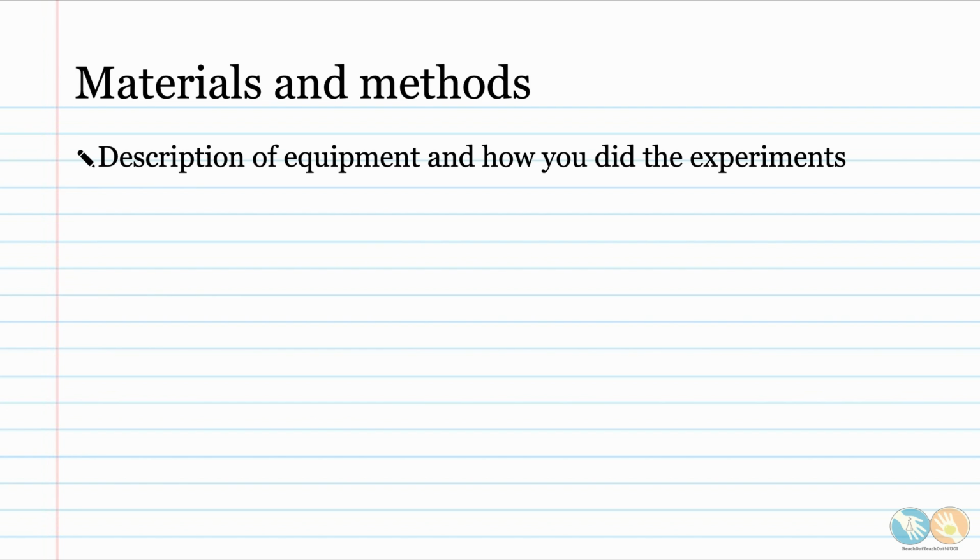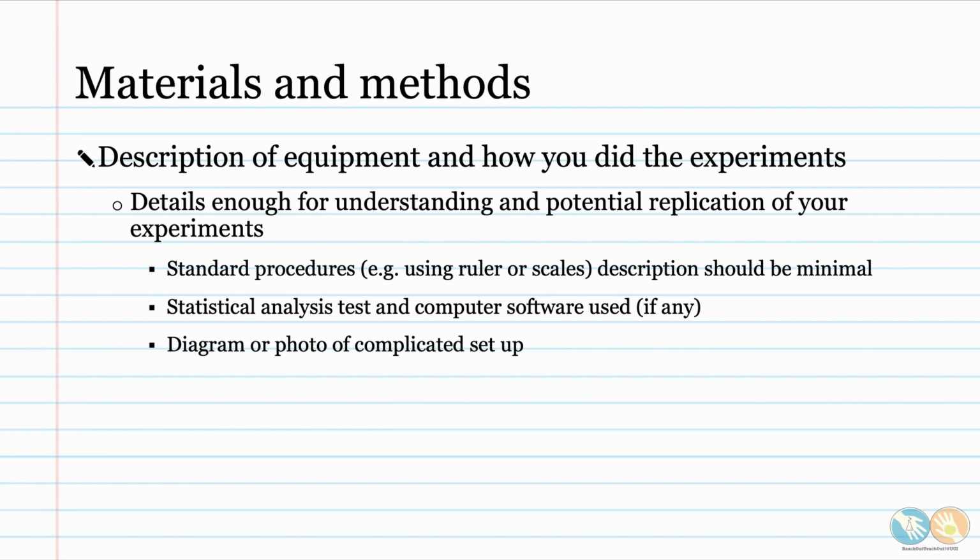In fact, scientists like us constantly read new publications and try out new methods from other journal articles for our own research. Any standard procedures that people should know, such as how to use a ruler or weigh something on a scale, should be minimal. A sentence like apples should be weighed on a scale to the nearest gram before being dipped in pesticides should